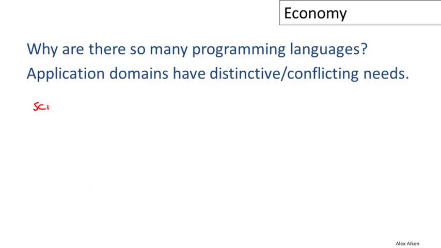One domain that you might not think about very much is scientific computing. So these are all the big calculations that are done for engineering applications primarily, but also big science and long-running simulation experiments. And what are the needs for such computations? Well, typically you need very good floating point support. I'll abbreviate that as FP.